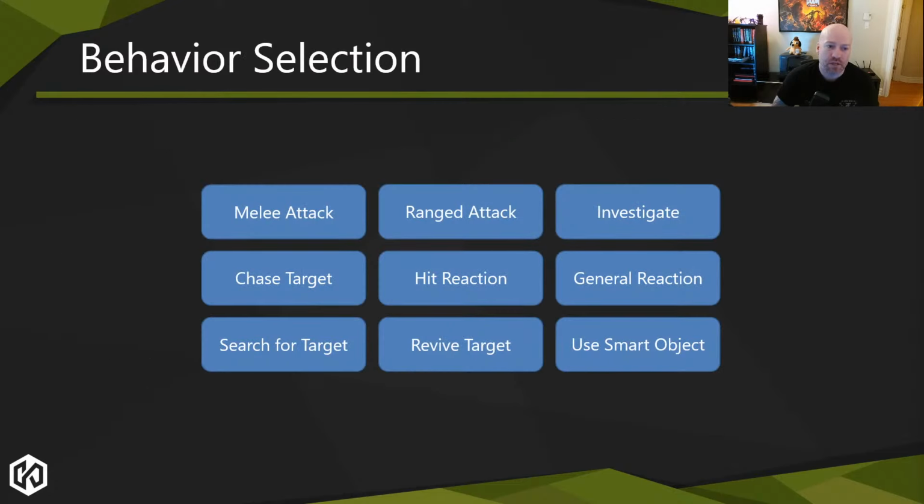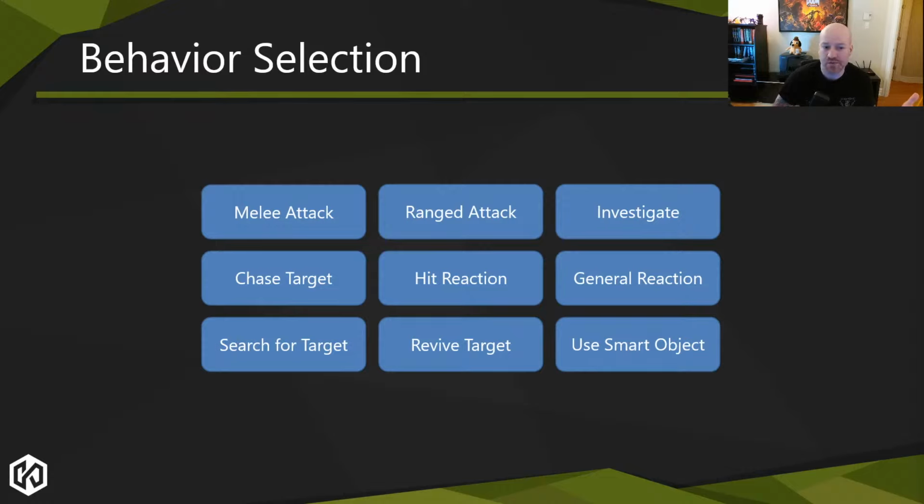So when we talk about behavior selection, there's a million ways to do this. It depends what you need. I don't have the time, this is already getting to be a very long thing. So what I'm going to just cover quickly is the things that you need in your behavior selection system, and then you can go back on your own and look into how you would solve this problem given the constraints that you have.